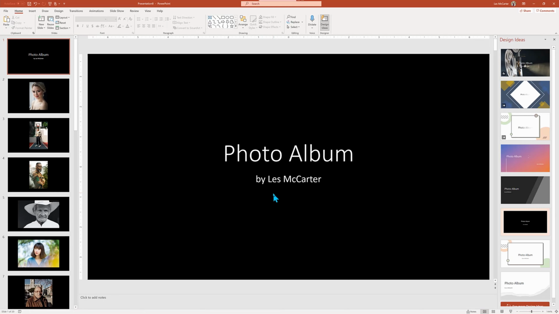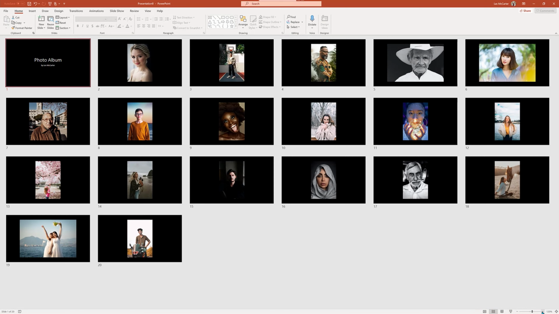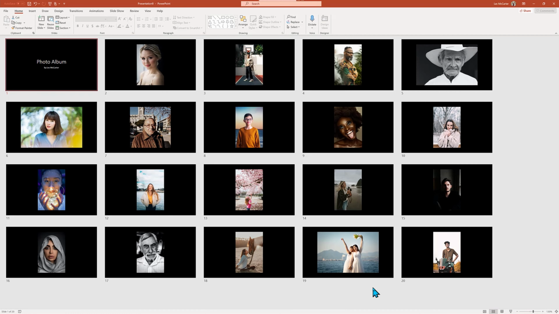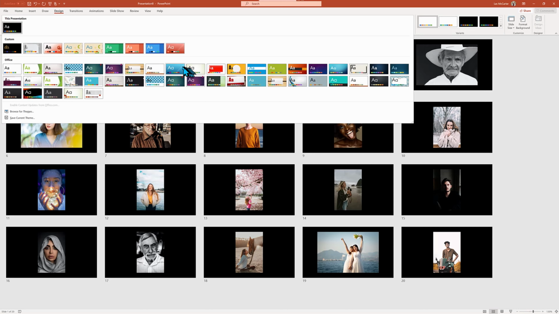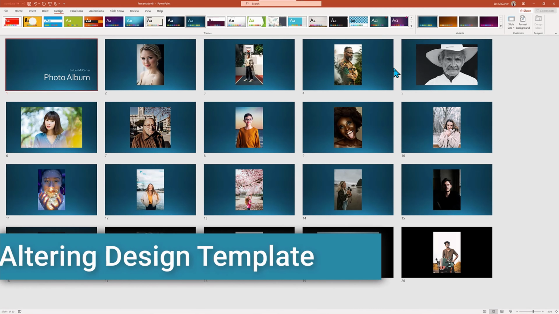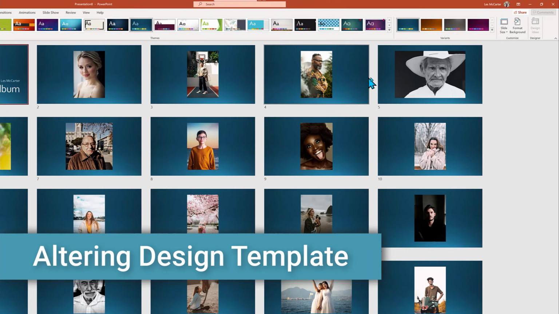And like before, going to the slide sorter view is a great way to see all of our images, especially if we use the zoom feature to enlarge the slide size for viewing. Let's dump the black background for a different design. This gradient background is fine, but we may want a little more variety that is not standard PowerPoint, and that can be found under the Variants menu.